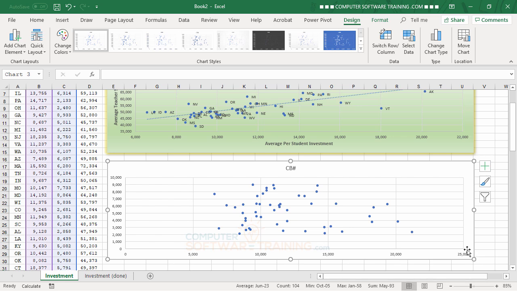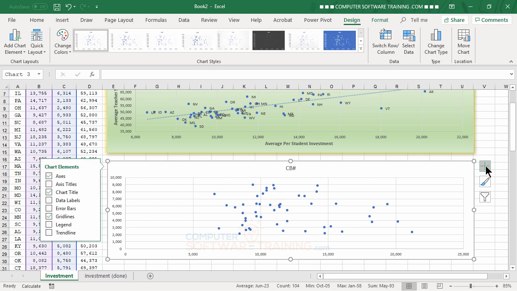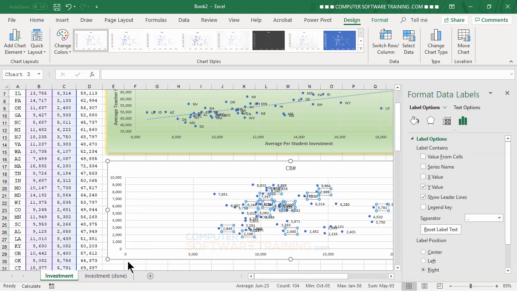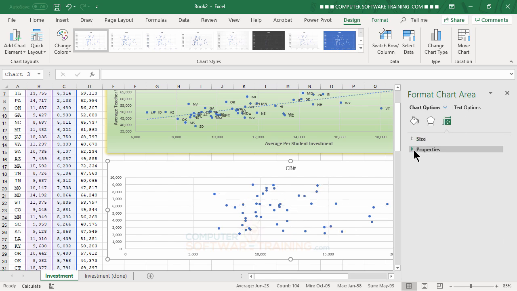Then what we'll do is we'll get the states in there again. So we'll go back and click onto our plus here. For the elements, we'll go over to the data labels. And we'll go to the more options here. And in this case, we don't want to see the value. We want to see instead,